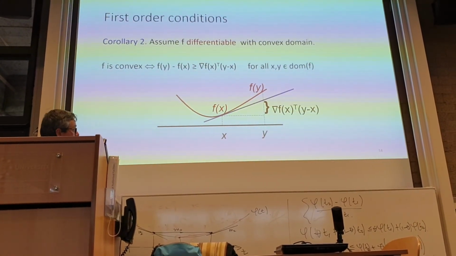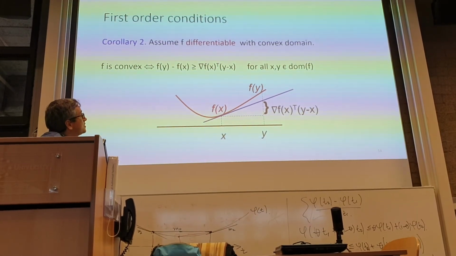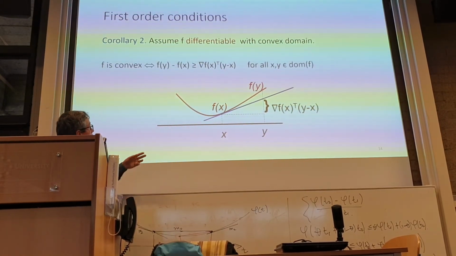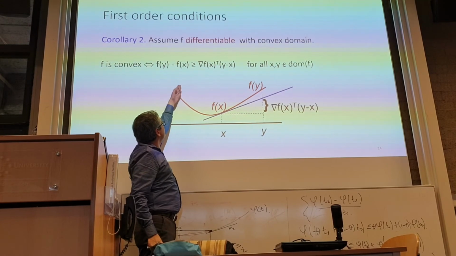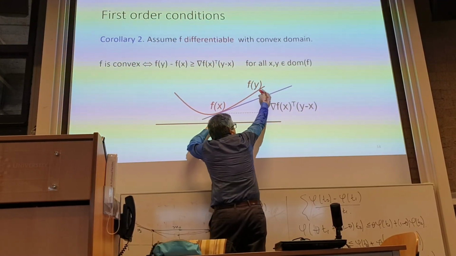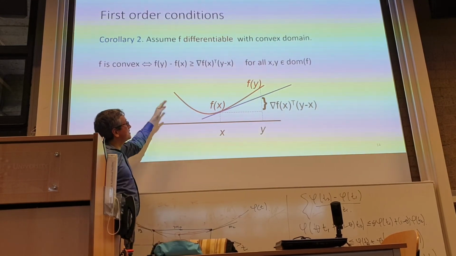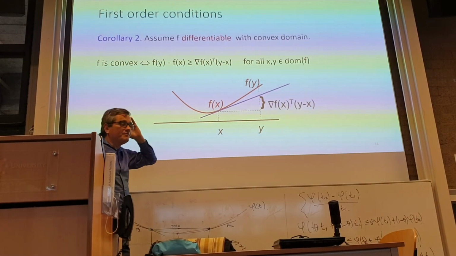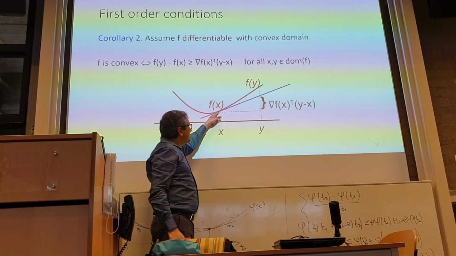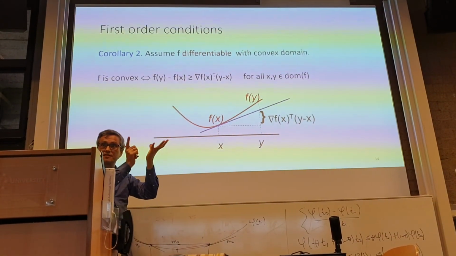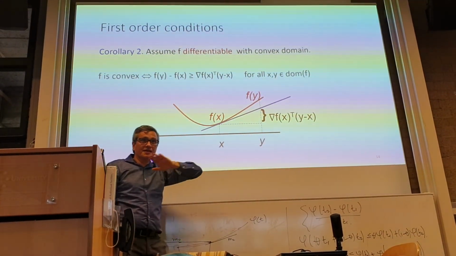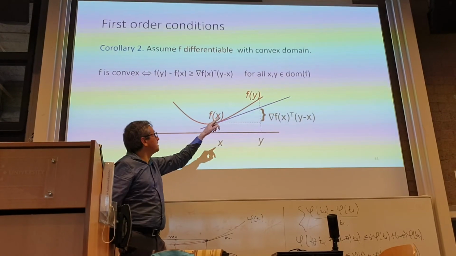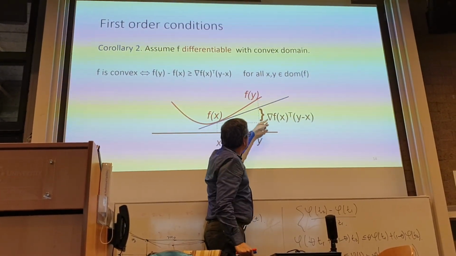Before we go to the break, what is the first order condition for a convex function? A function is convex if and only if we have this inequality: f of x minus f of y, the difference between these two values, is always greater or equal than gradient transpose times y minus x. What that really means is, if I take the tangent hyperplane to this function, now in the multi-dimensional case, the tangent hyperplane is going to be below the function everywhere, because we are saying that f of y minus f of x is greater or equal. Notice that